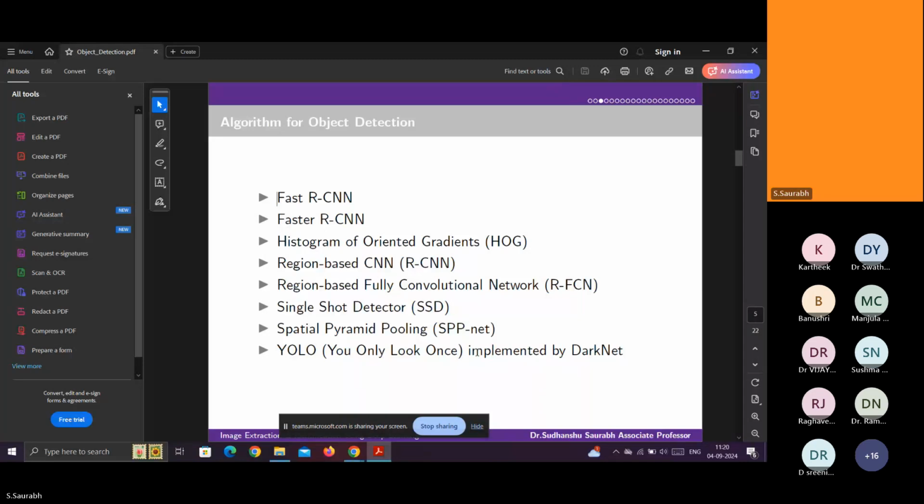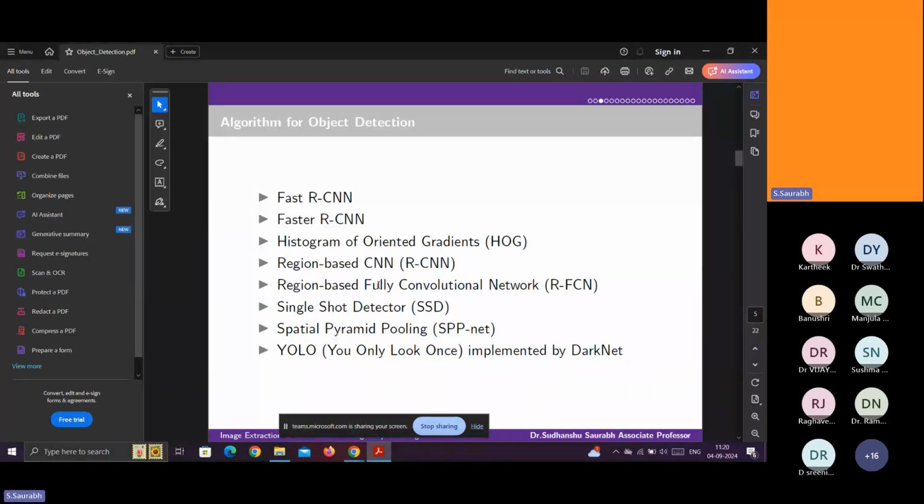So region based RCNN, this I discussed earlier. Now region based fully convolutional neural network. Fully convolutional neural network means one single layer is there.